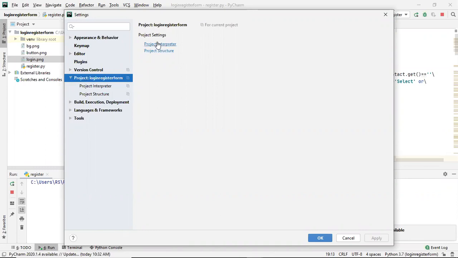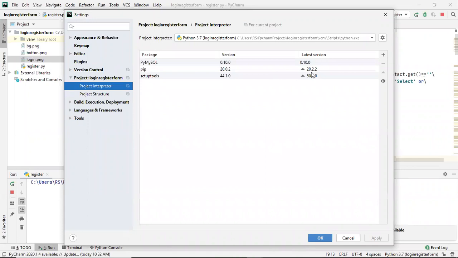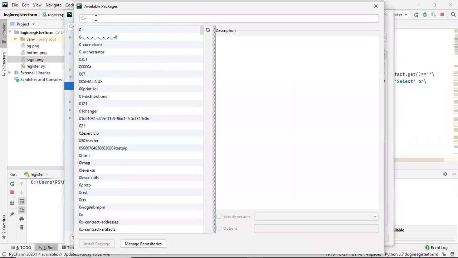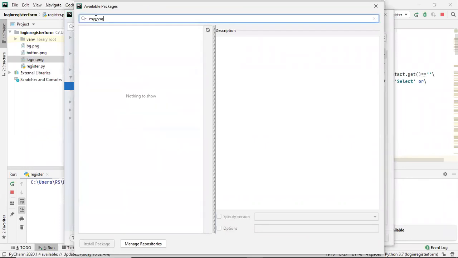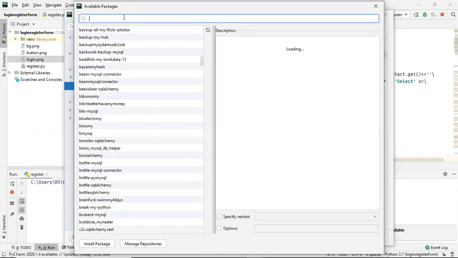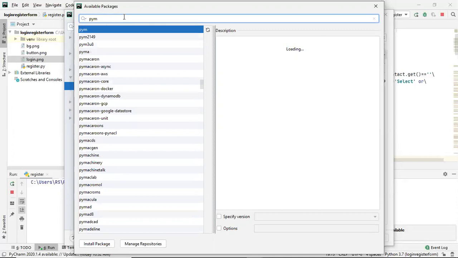After that you have to go to this project interpreter and see I have already downloaded this PyMySQL, so it's showing in this list here. Then next thing is you have to click on this plus icon, install. And here you have to search for PyMySQL like this.